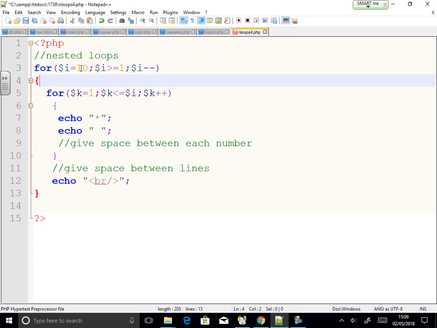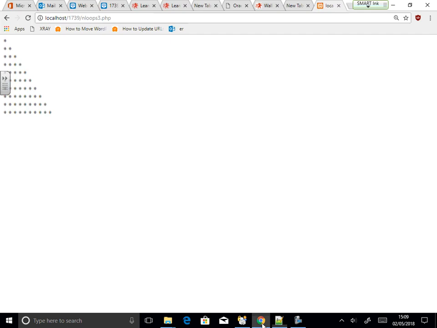And this one should be what? 1, 2. Just leave that one like that. You will not change the inner one, because you want 10, 9, 8, 7. So you do this and you go back and you say